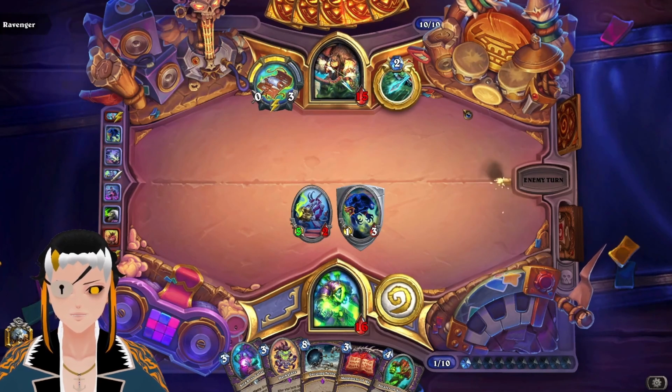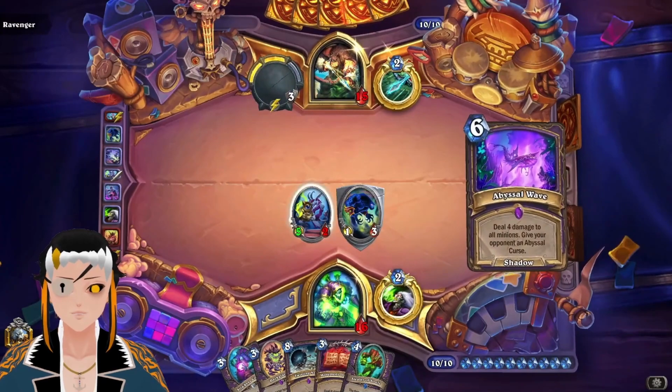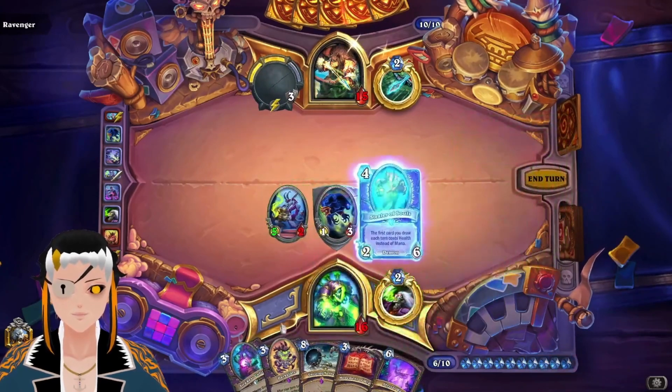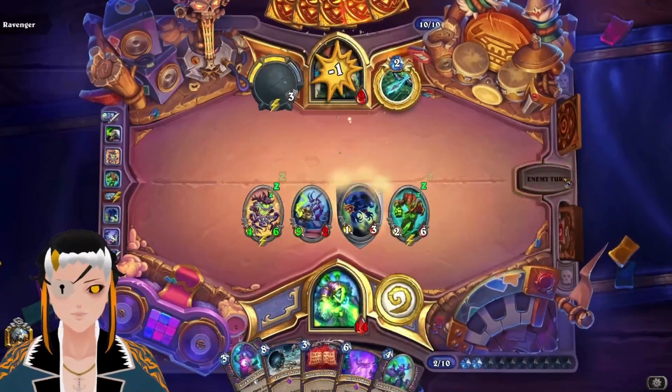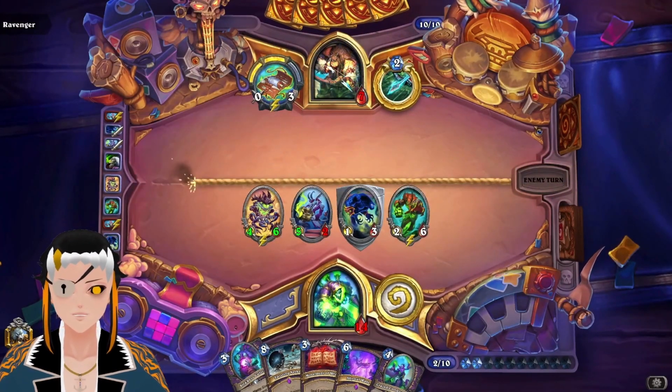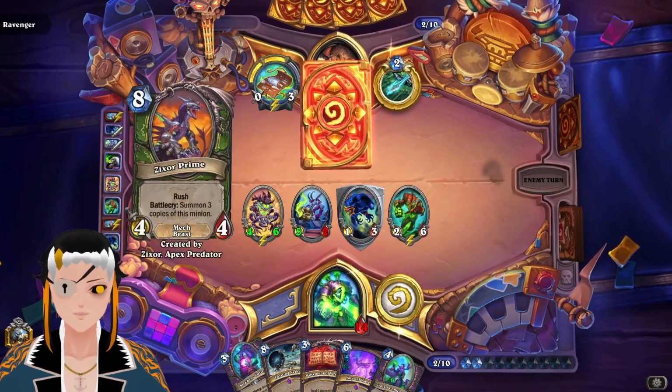They're at 15. Is there a way for us to get... Oh, that is actually lethal, probably. And I probably am about to miss lethal. It is what it is. Because I'm pretty sure if we had used the 6 damage, then Abyssal Wave, we would have had lethal last turn, but it... I mean...